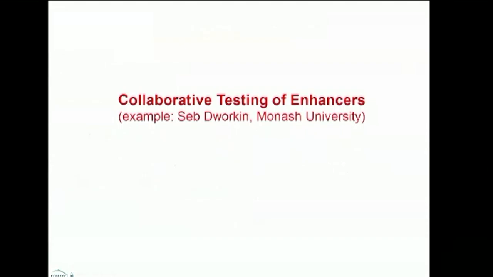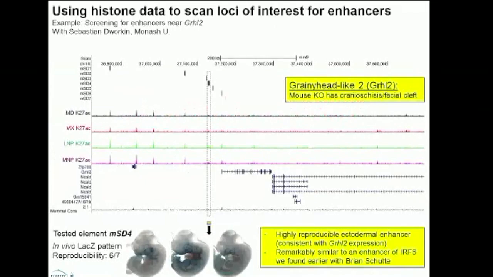And then I won't go into detail for this one, but we're also working with outside investigators. This is just one example, with Seb Dworkin at Monash University in Australia. This is just one example of an investigator who approached us with a detailed developmental biology study, and then we helped him to look for candidate enhancers that might drive this gene, and we found this particular one that has a pattern that makes a lot of sense,